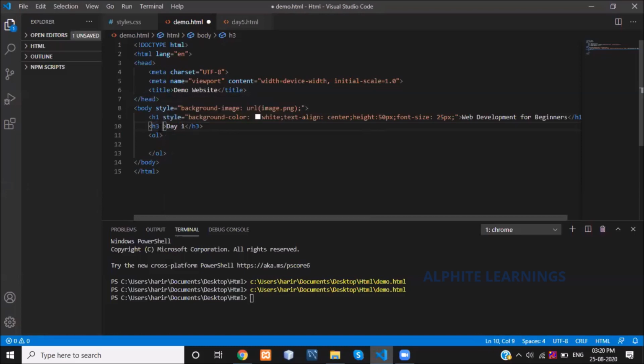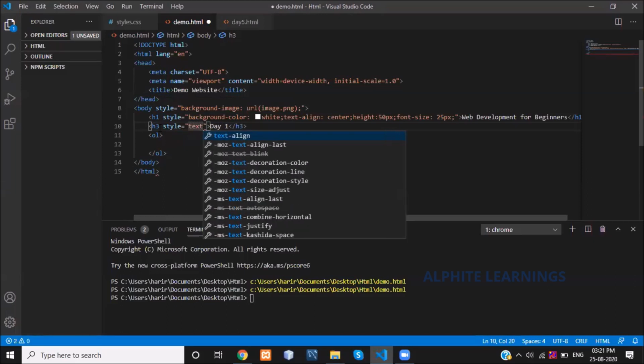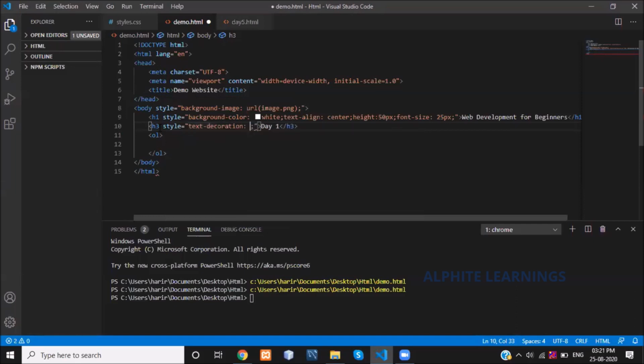Inside that h3 I'm giving some other style properties. Style: text decoration, I'm giving underline.